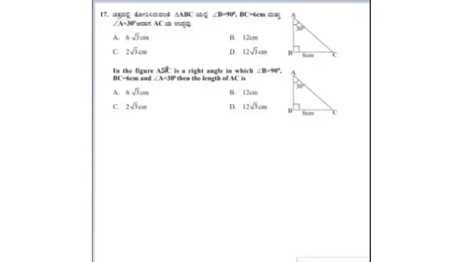Moving on to 17th question. In the figure ABC, it is a right angle at B, which is nothing but 90 degrees, and BC is given as 6 centimeters. Then find the length of AC. So we are going to find the AC, which is the hypotenuse in this question. Students, we all know that sin 30 is nothing but opposite side by hypotenuse. You might be wondering why I have taken sin instead of cos, tan, or other trigonometric terms. Reason is they have given the opposite. Opposite to 30 is 6 centimeters. It is a given condition, and AC is the side we are going to find. So AC is hypotenuse. Opposite is given. They are asking to find hypotenuse.